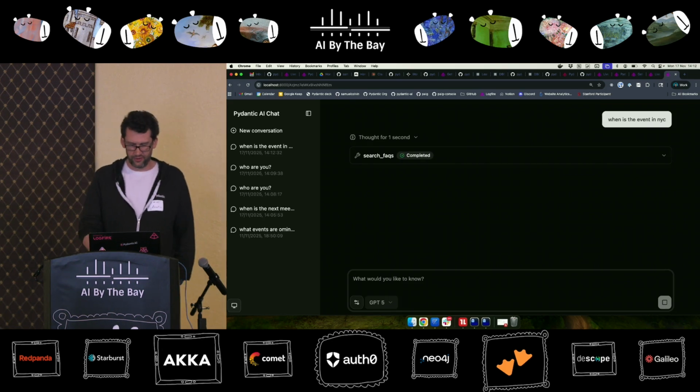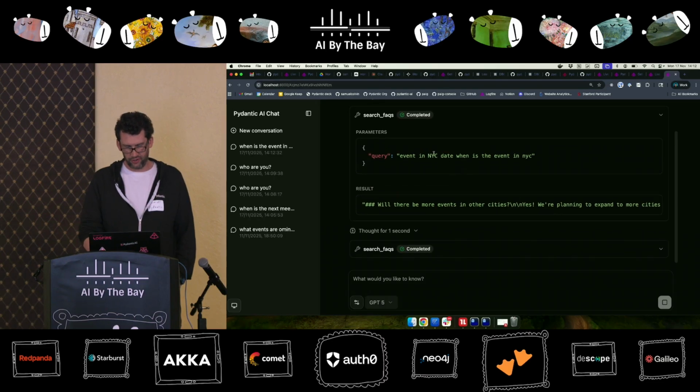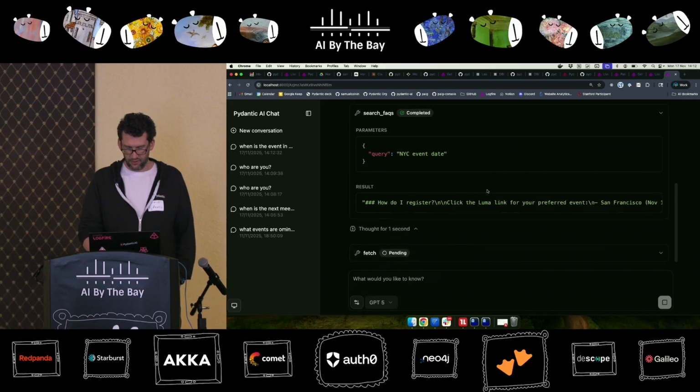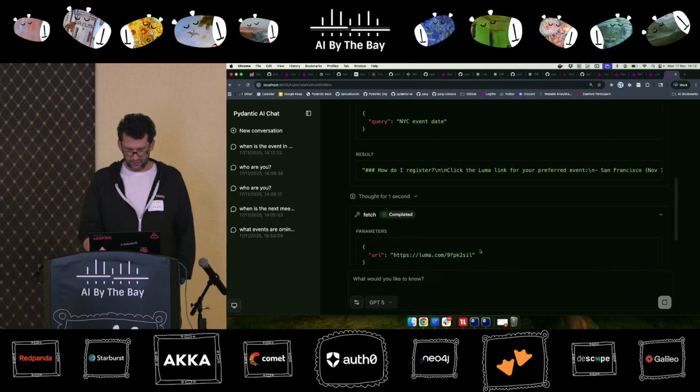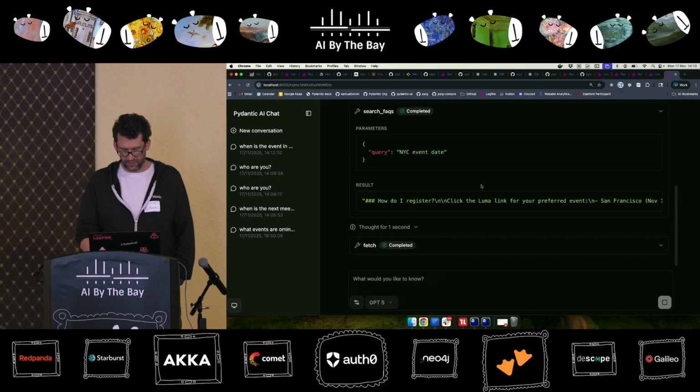Once that gets around, got there rather quickly. You see it's now called the search FAQs tool. You can see the input to the tool, so the parameters it passed to that particular tool, the output value, and it's called it again. And it's now decided to go and call fetch on the Luma link that it got from the response. Now it's going to think for a bit,